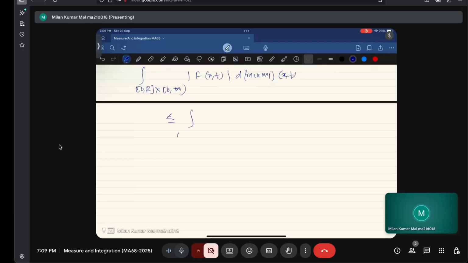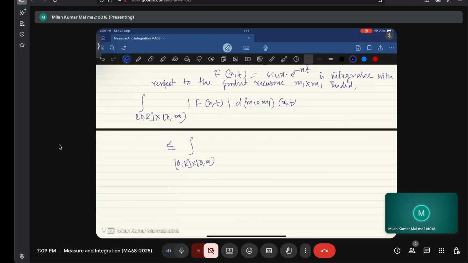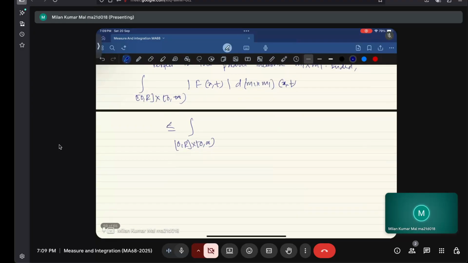This can be written as less than or equal to the integral 0 to r, 0 to infinity, and mod of f(x,t) equals mod sin x, which is less than 1, times e to the power minus xt, that is positive, so therefore it will only remain e to the power minus